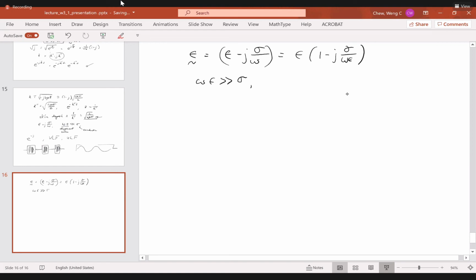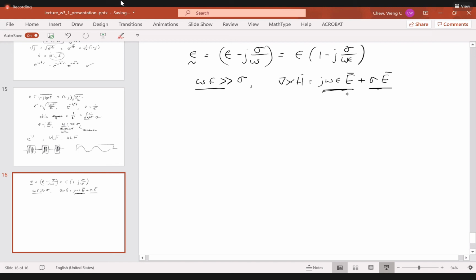If you look at Maxwell's equation on the right-hand side, you have curl of H equal to j omega epsilon E plus sigma E. So this is displacement current, this is conduction current. If you're at the other extreme where the displacement current is much, much larger than the conduction current, then